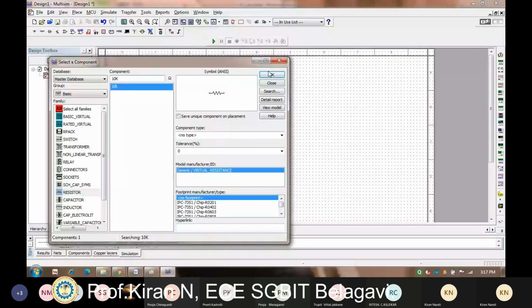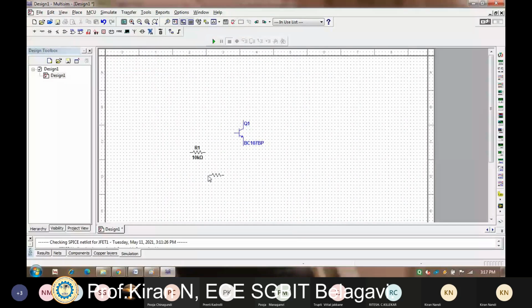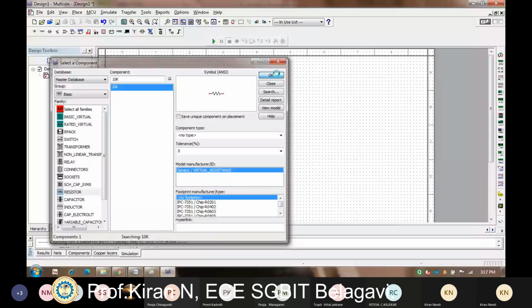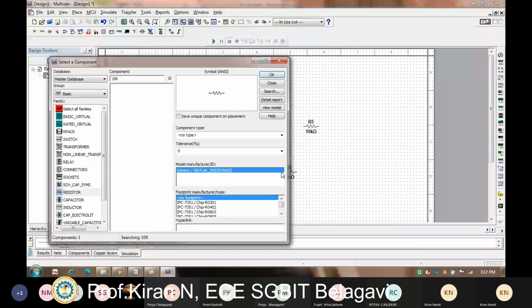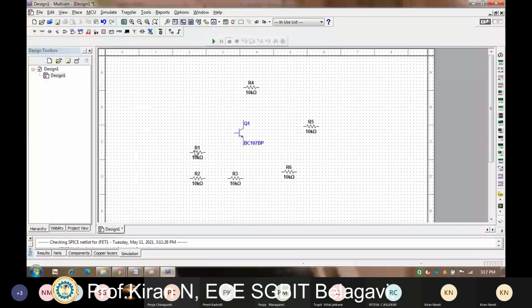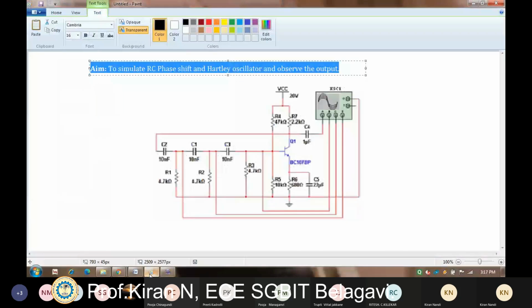Again, I need total 6 resistance. I'll be clicking all the 6 resistance. Okay, fine. Now all the 6 resistance are available here. Then we'll see the connection, how the connection is. So first I'll connect R1, R2, R3.